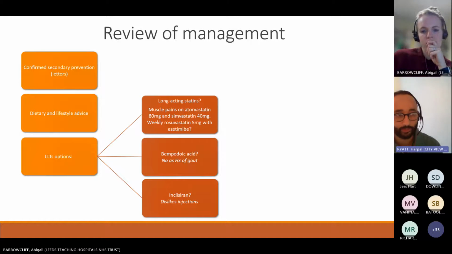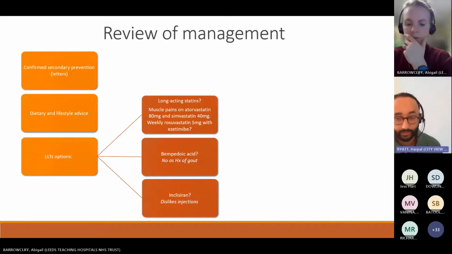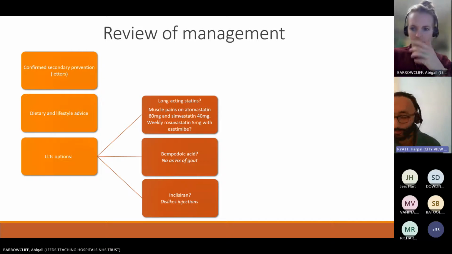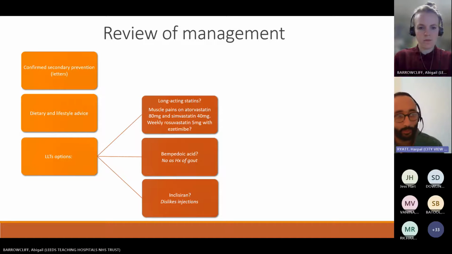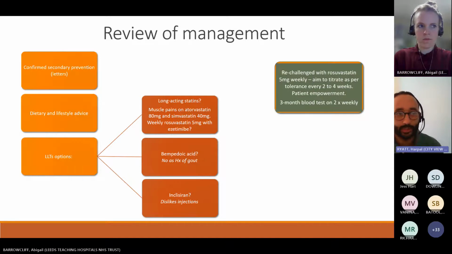So because his LDL is above 2.6, he's got a confirmed secondary prevention. He's eligible for inclisiran, but he dislikes injection, so that was a complete no. So we've gone for option 1, rosuvastatin. As part of that conversation, it's an empowerment. Obviously he's had muscle pains in the past, so it's about speaking to Alan and explaining that you can